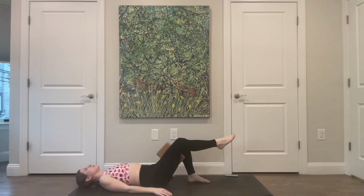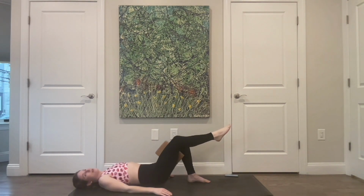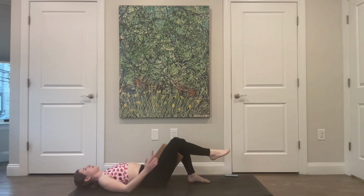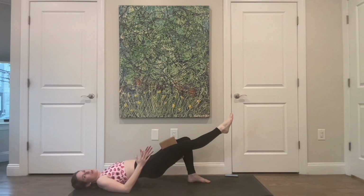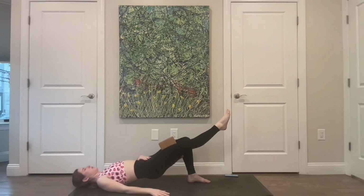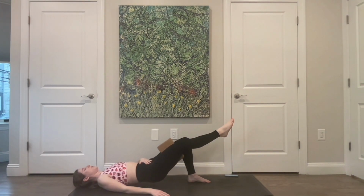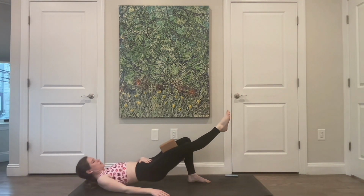And then from here, you're just going to press yourself up into a bridge, extend that leg long. Bend that knee as you drop your hips. Extend the leg as you lift the hips, and then bend back down. Think about that squeeze on the block helping you find that connection as you lift. Keep your hips nice and square for 4, 3, let both legs do the work even though one foot is on the ground. 2,